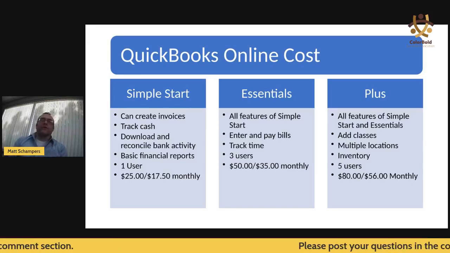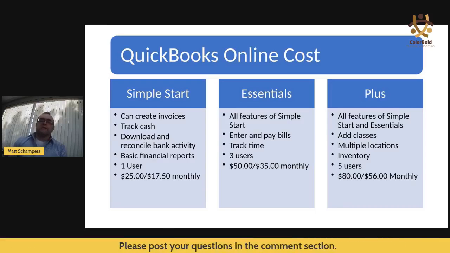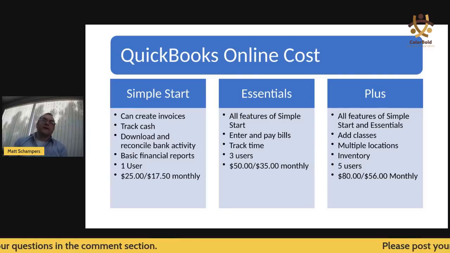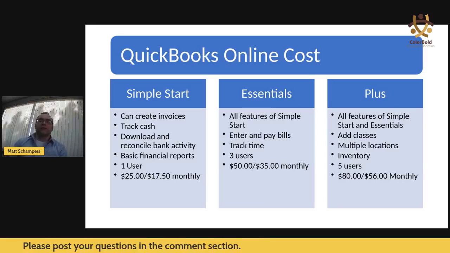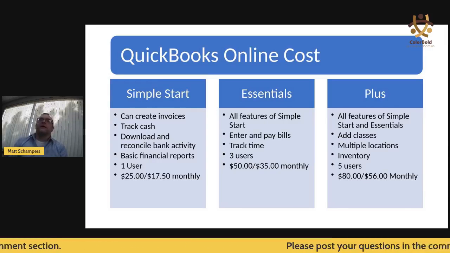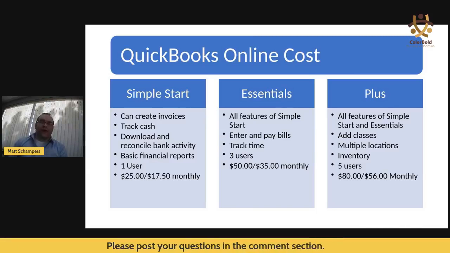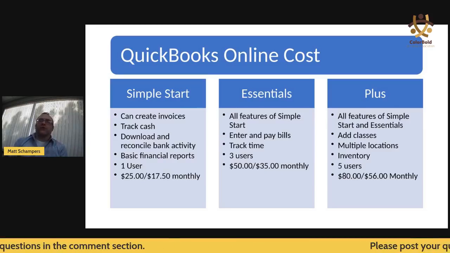So if you happen to have more than one location that you're operating, you can use that. And again, you just pick the location when you're doing your entries, and it'll track by your location. And then the other one is inventory. You can use and track inventory. Not all small businesses have to do inventory. There are some exceptions where you can expense your inventory, even if you're an inventory type business. But should you be tracking inventory, this would be the version that you would need to use. And it also allows you to go up to 5 users. QuickBooks Plus is $80 and then $56 if you go through an accountant.